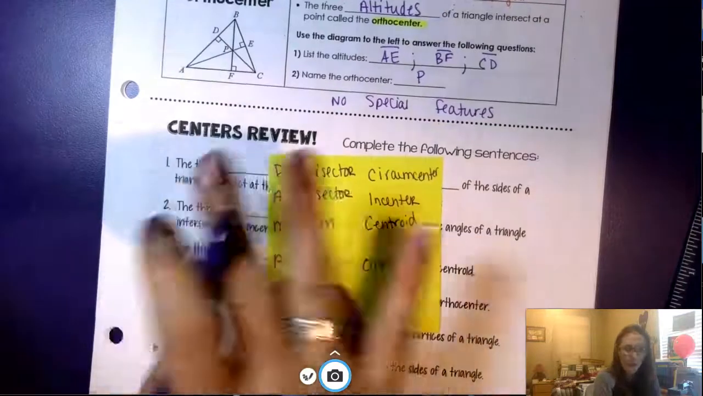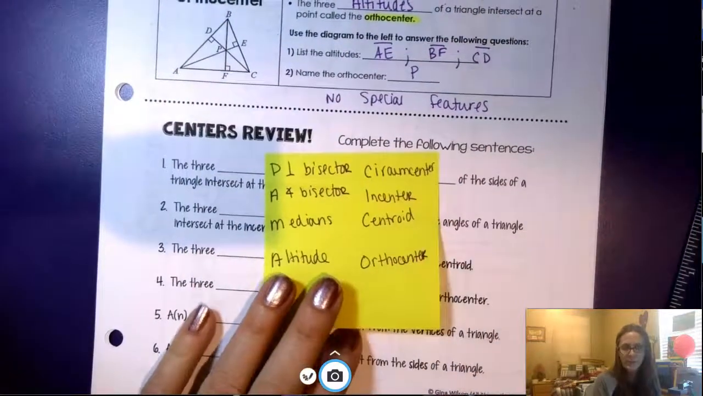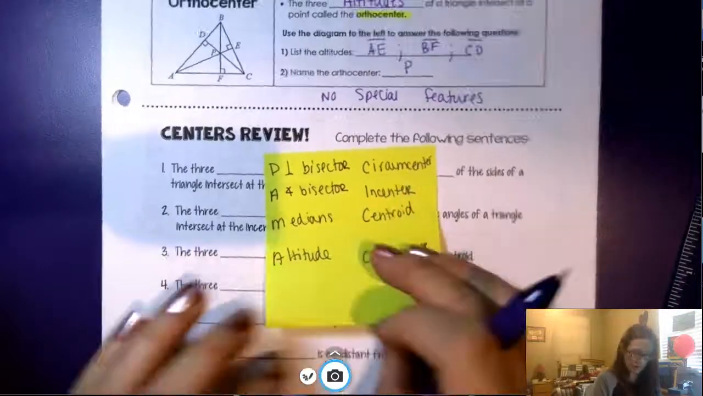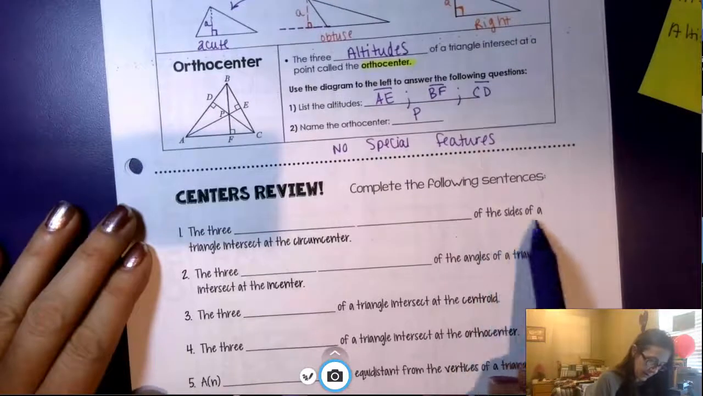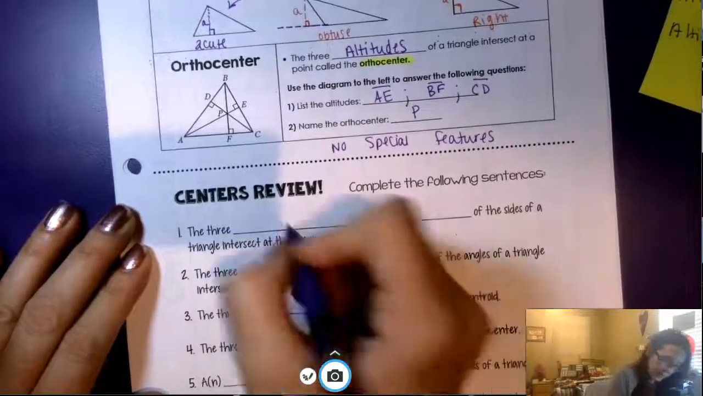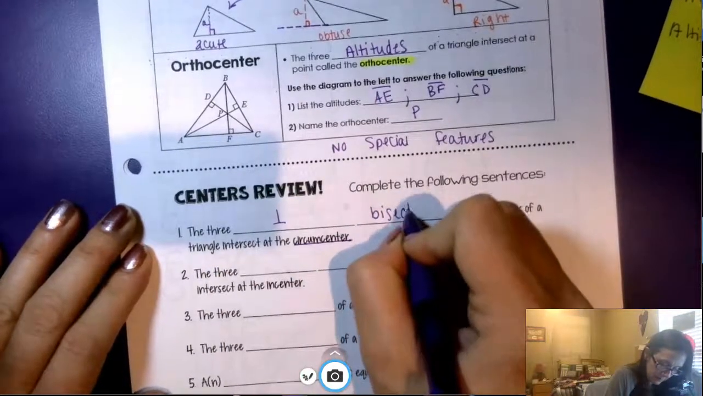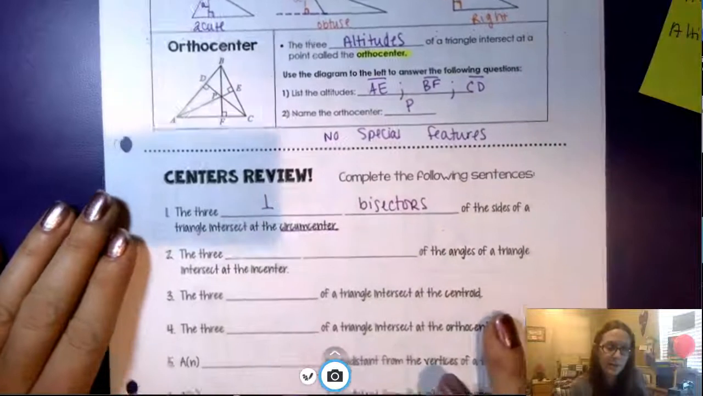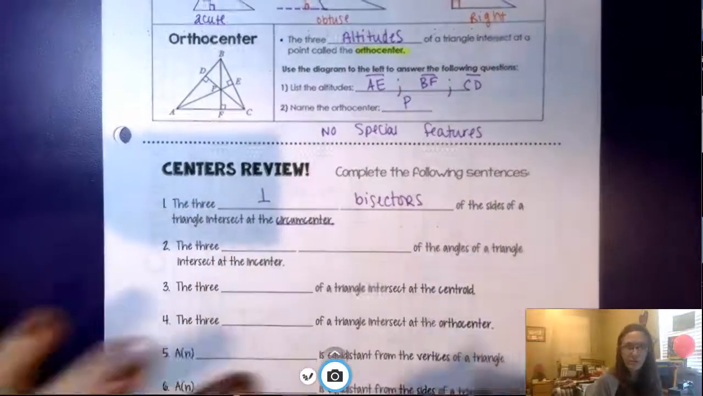Okay, so again, before you answer those questions, can you put this away? Can you remember PAMA, SECO, and could you answer those on your own? The three something on the sides of the triangle intersect at the circumcenter. So this one's going to be my perpendicular bisectors. Can you fill these in without looking at that little sticky note we just created, or without looking back at